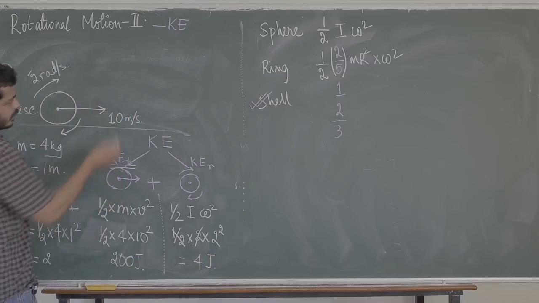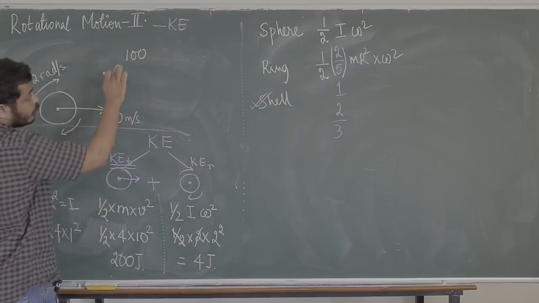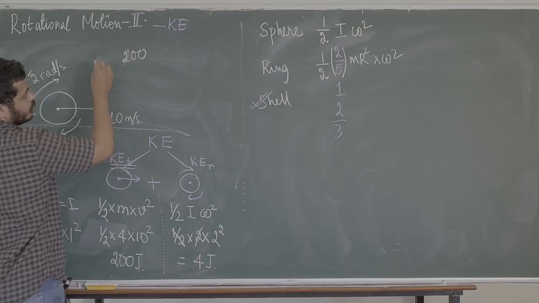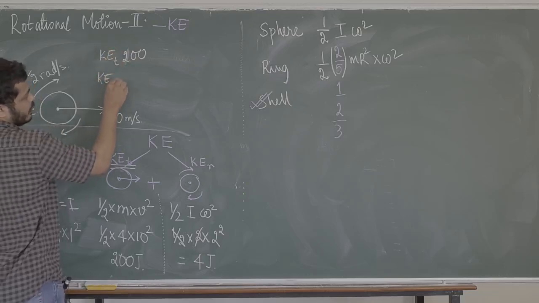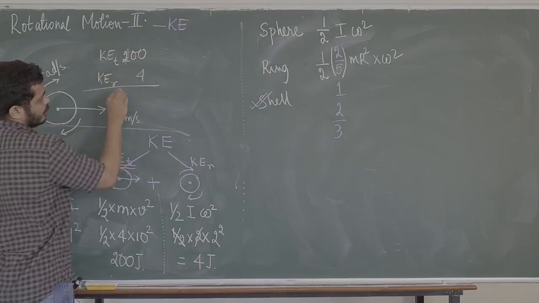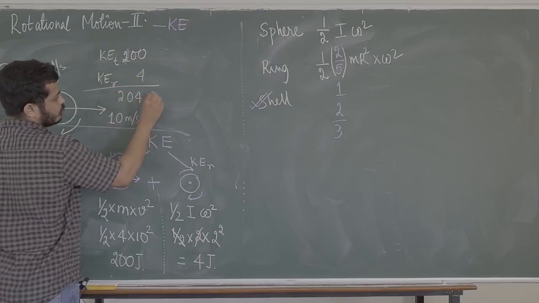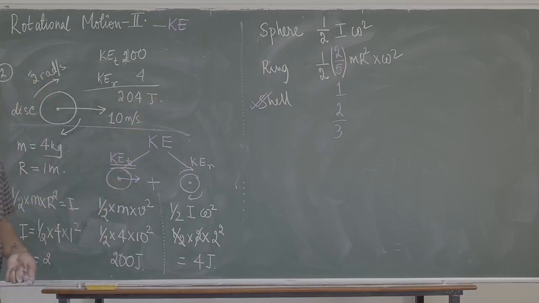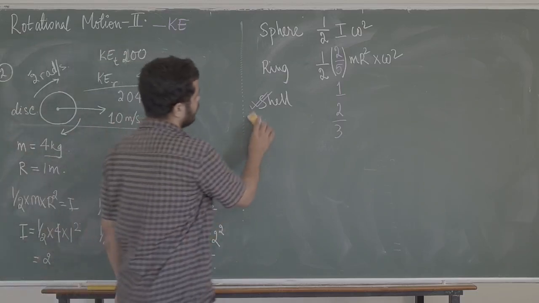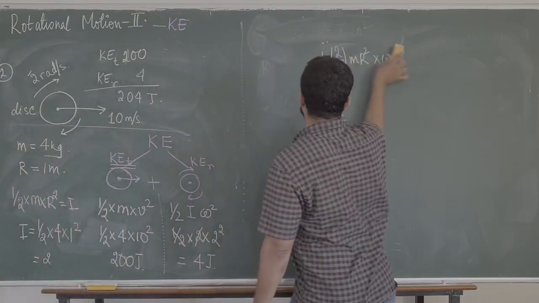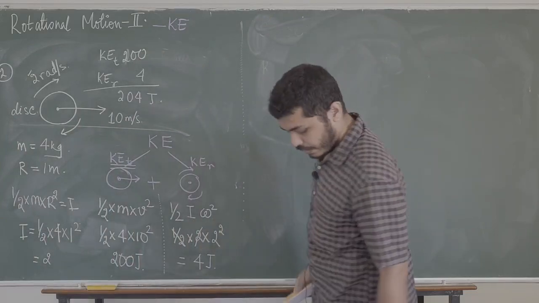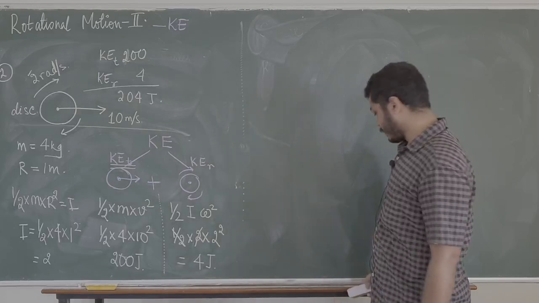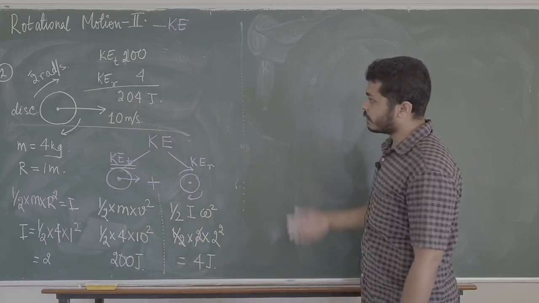So in this case, 200 joules is the kinetic energy of translation, and only 4 joules is the kinetic energy of rotation, so not much, but the total kinetic energy is 204 joules. When something is moving as well as rotating, the kinetic energy is because of both of them. Okay? Did you understand? If you got it, good. This is how we do questions on kinetic energy. Obviously these questions are very simple. They are intended to teach you what is kinetic energy.